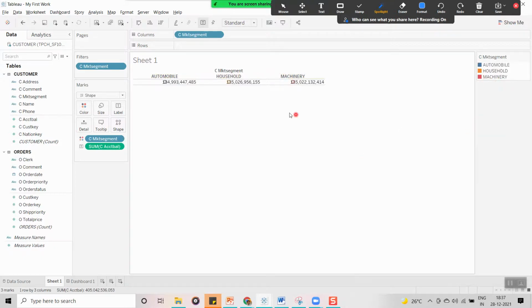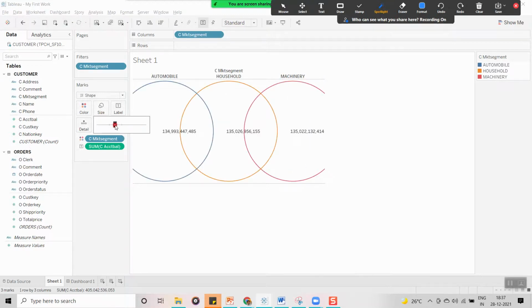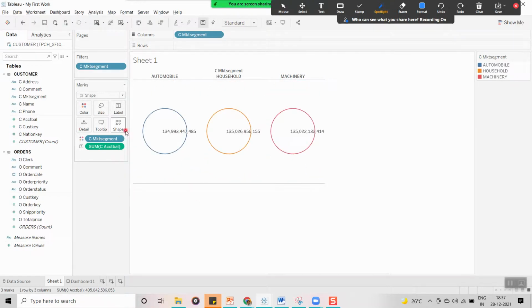Okay, and the size property is going to help you to increase the size. Now for example, I have clicked on it, and you can see this is the scale. You can increase it, and if you increase it, you can see the orange and blue circles get bigger. Now let me decrease it a little bit. Yeah, this is how it works. The size property is going to help you to increase or decrease the mark size. Here the mark is this circle you can see.